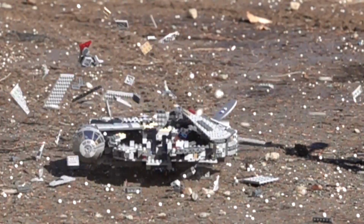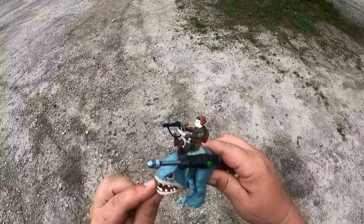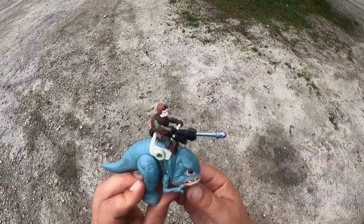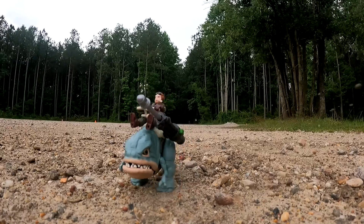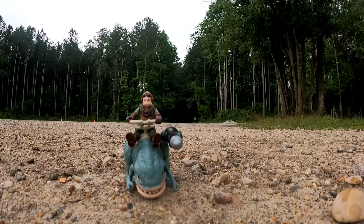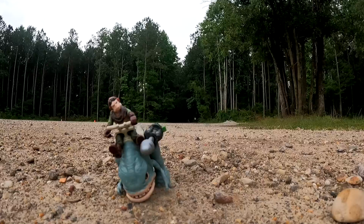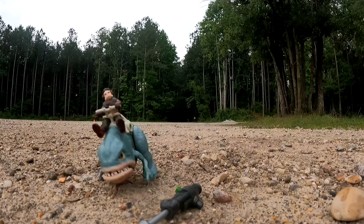And I wanted to do something Mandalorian based. So I got this blurg and just wanted to knock it over from 60 feet away. But it proved to be very, very frustrating. I mean, I hit it a lot. And a lot, and a lot. Keep in mind, I'm racking the bolt for every single one of these shots. And these are just the ones that hit it. And then finally,